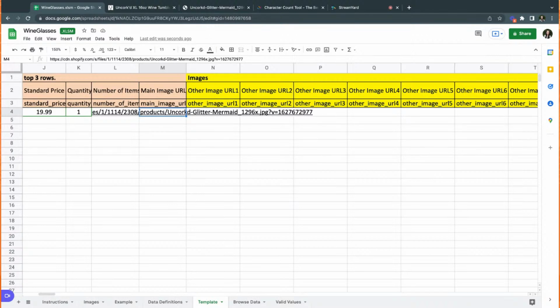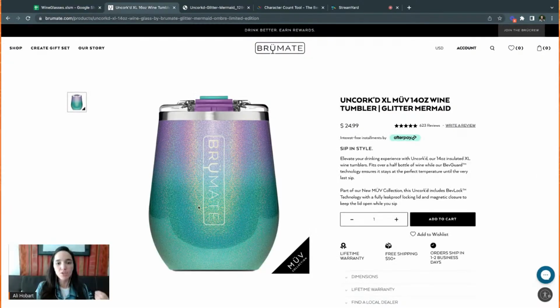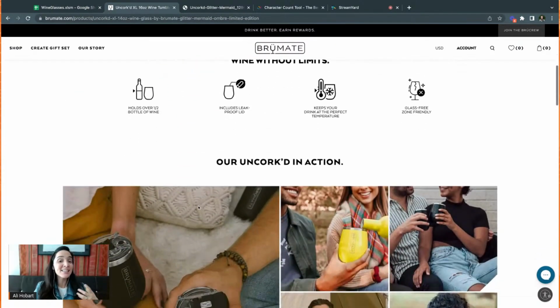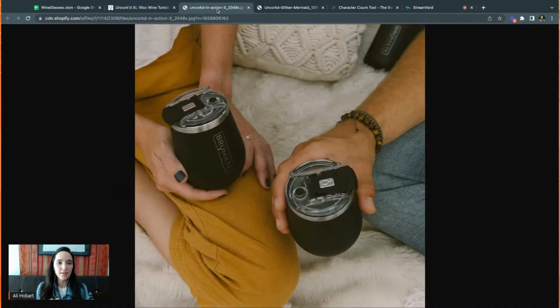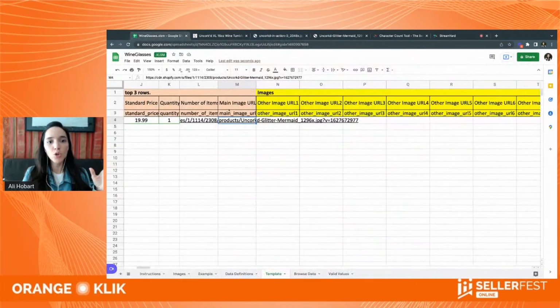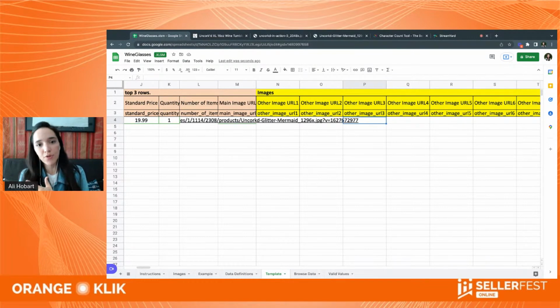And you can do that for every single image. So as long as your image is online, it could be anything. It doesn't even need to be from a product page. Let's say you found your image online, you have your website, or you have a blog, whatever. You can just right click, open in a new tab, and copy that URL and paste it. So you can do that for all of the images. The main image is the only one required for your listing to actually be active, and there's no suppressing issues, but obviously it could be helpful to have all of the other ones.